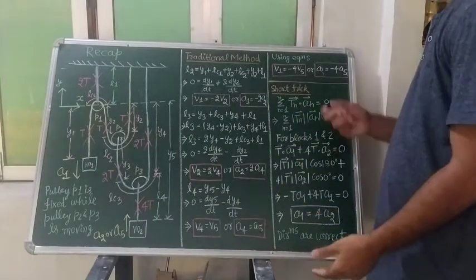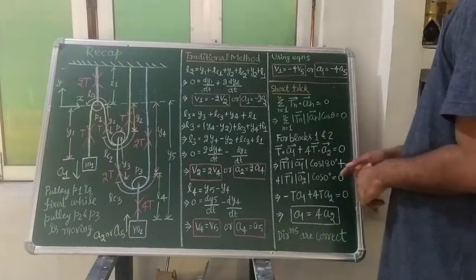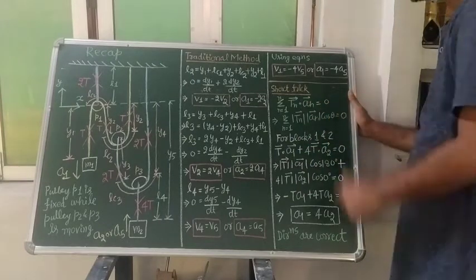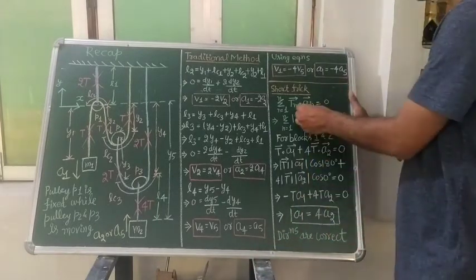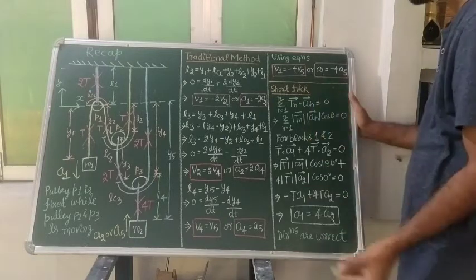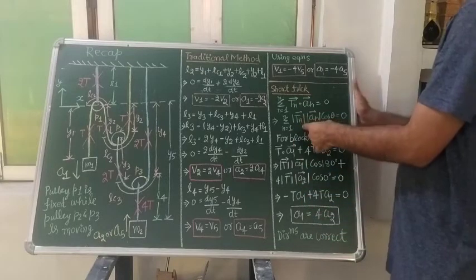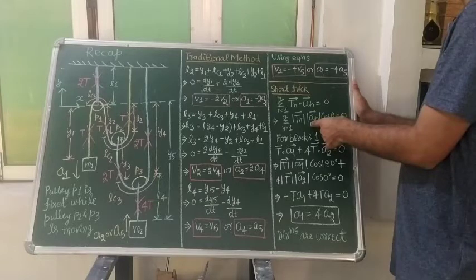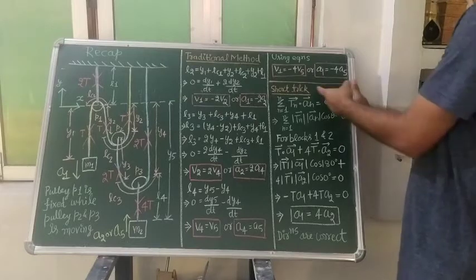Then after we talked about a second method, which was a kind of short trick. That short trick was telling us that the sum of all the dot products of tension vector and acceleration vector should be equal to 0. And I have told you what the dot product is. Dot product is nothing but the multiplication of the magnitudes of the vectors, meaning the magnitude of this tension vector multiplied by the magnitude of that acceleration vector times cos theta will be equal to 0. This short trick will tell this.